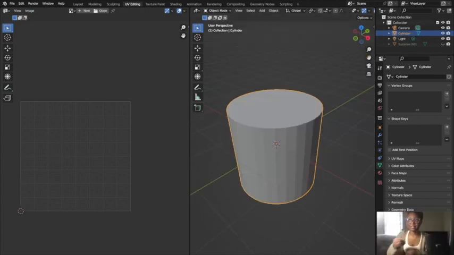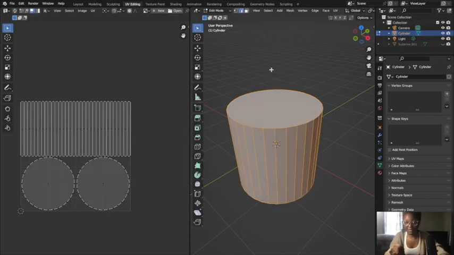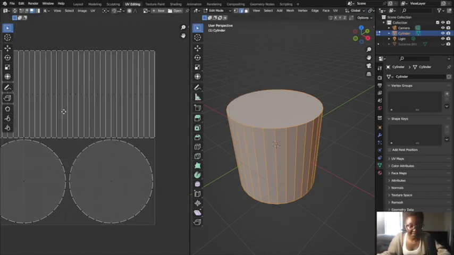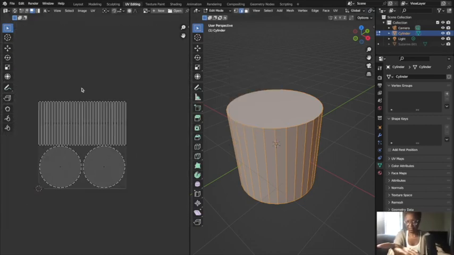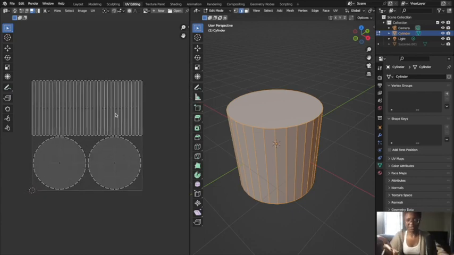Now for some cases you may be using the unwrap calculations of a cube, cylinder, or sphere, or a regular unwrap operator to produce a good UV layout. In some cases you might want to do that, right? You might need something nice and clean, because what's going to happen with the cylinder, when we click U on this, when we try to unwrap the cylinder, what's going to happen is this. Okay, Blender's going to try to create, and this is pretty decent, right? It's not too shabby, but